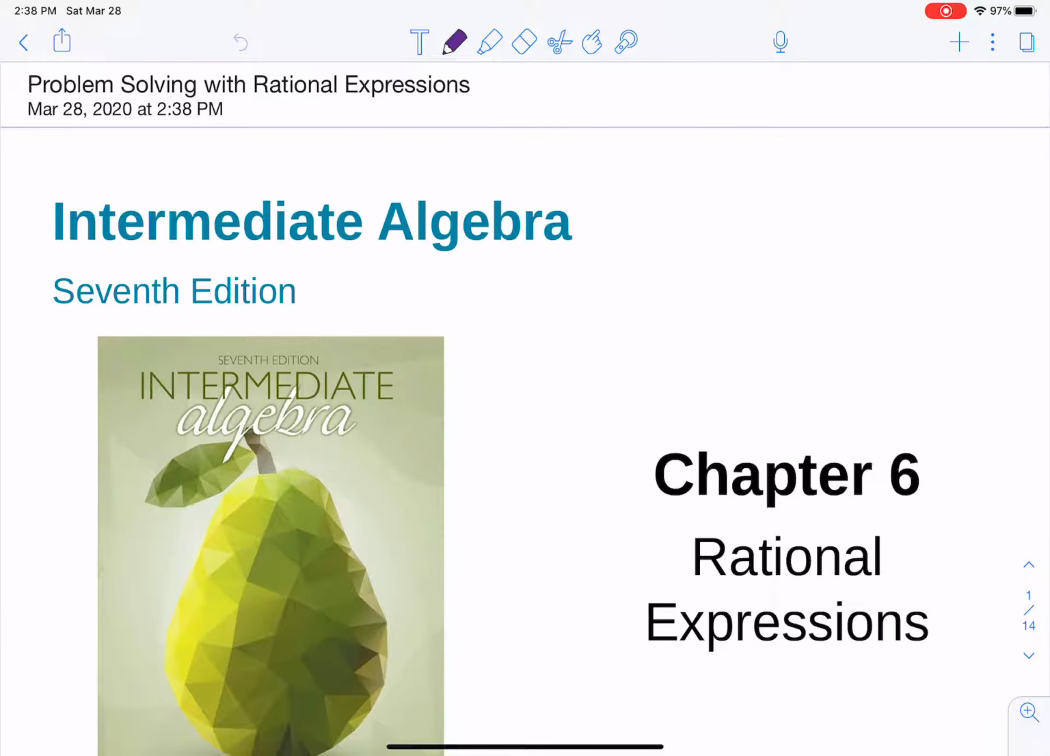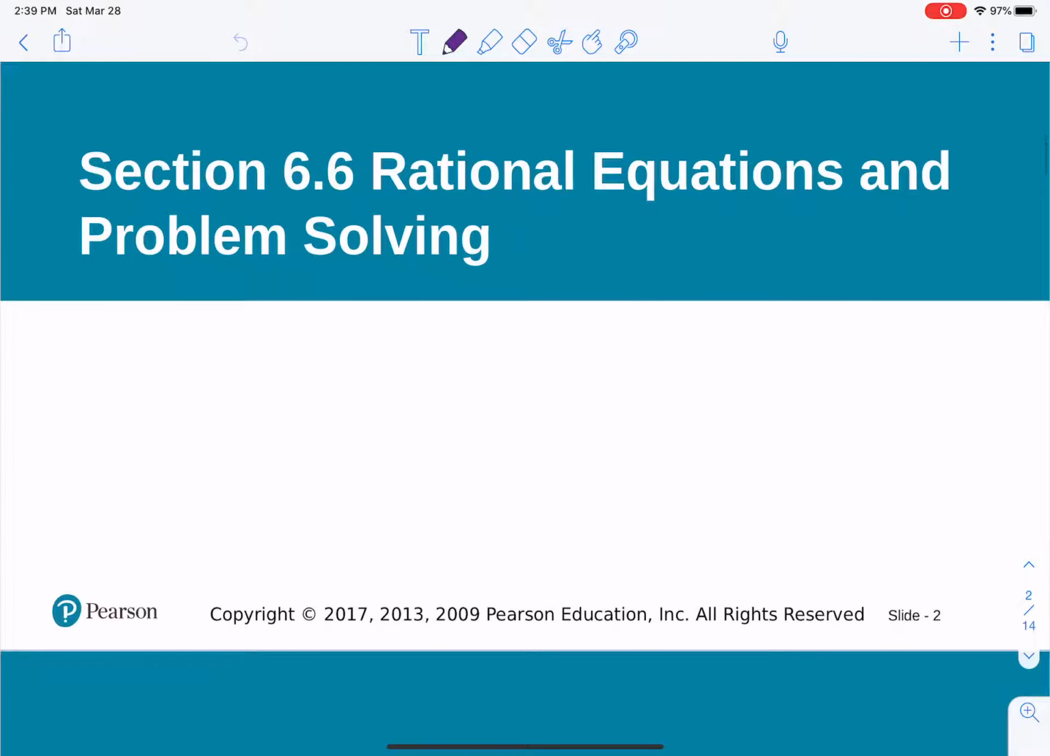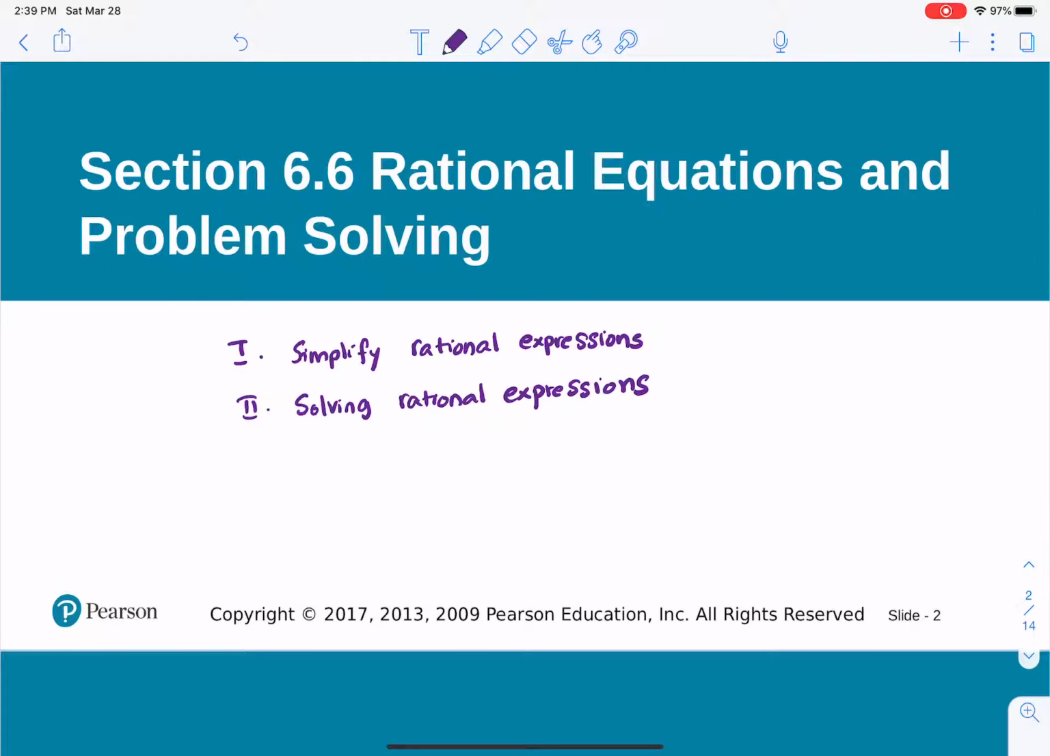We move on to problem solving with rational expressions. The things we have to know are how to simplify rational expressions and solving rational expressions. But when we have a word problem or a problem in real life, before we get to those